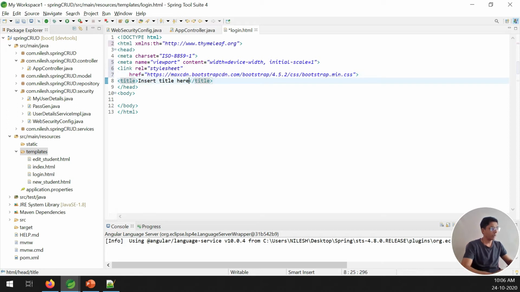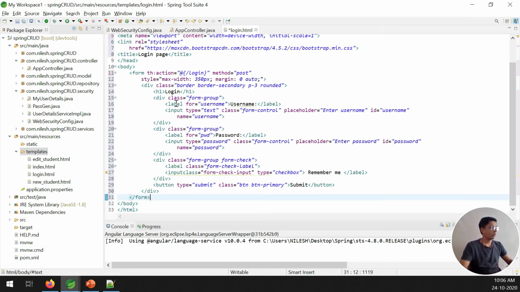I want to put it on the login page, and after that I want to create one form over here. If you have form code, then you can put your own form code. If you don't have it, then you can search for a login page design, and you can directly put the code over here.